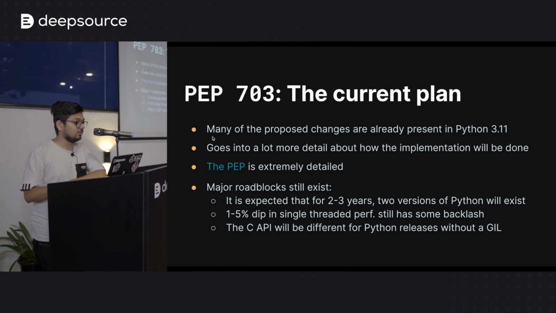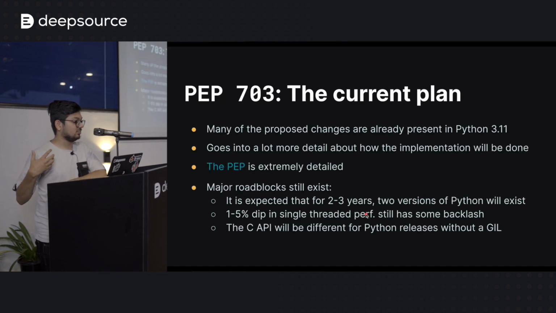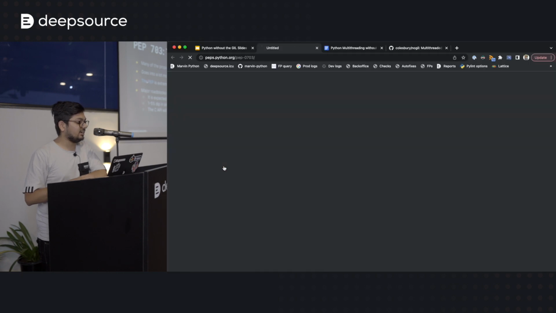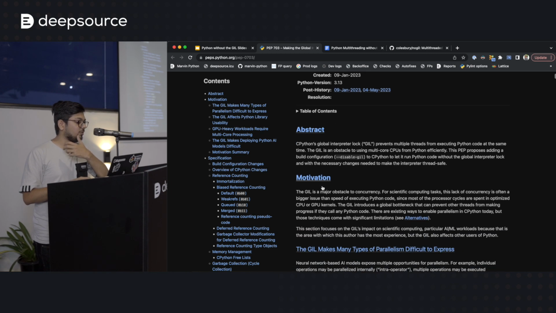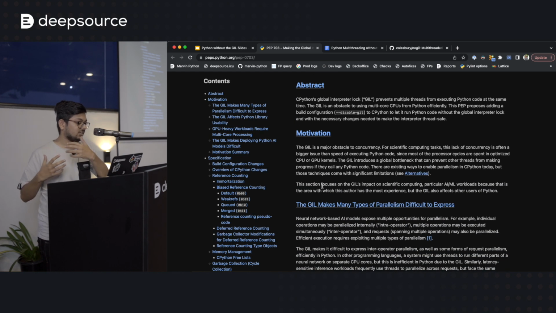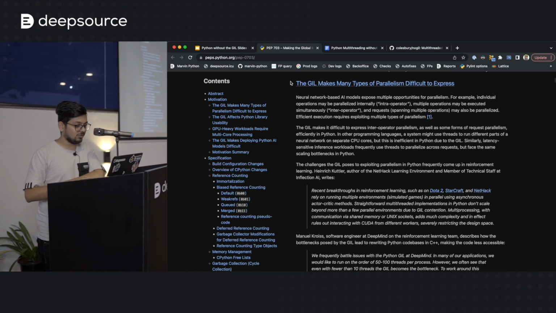All the other good things that could be implemented, such as the better malloc, which also happened to be faster, and the idea of immortalization, are already present in Python by the release of 3.11, and he believed that's the right time to actually go ahead and write a PEP, so that we can do a request for comments, where he can try to explain how this project can now be viable. So let's actually take a look at what's going on here.